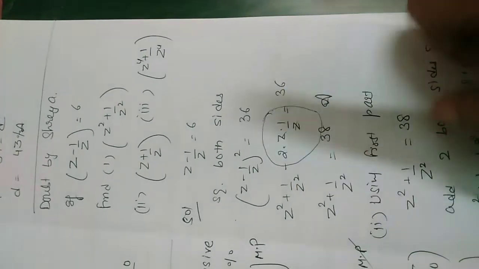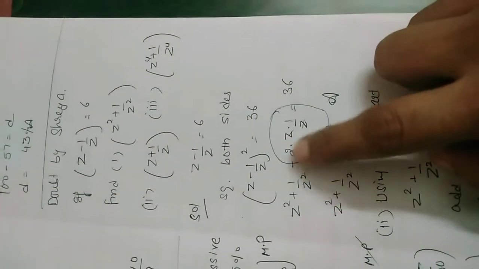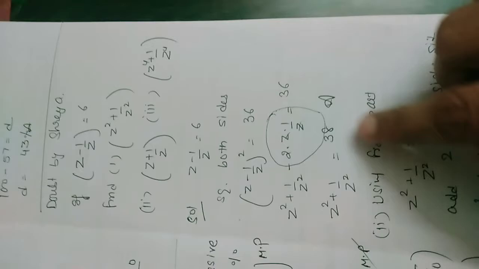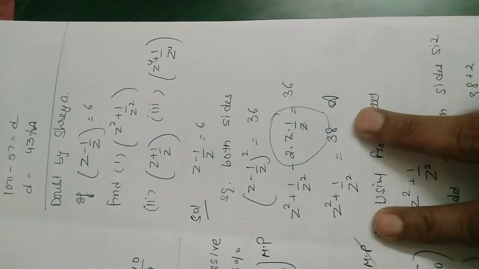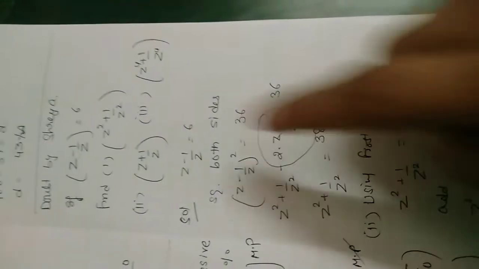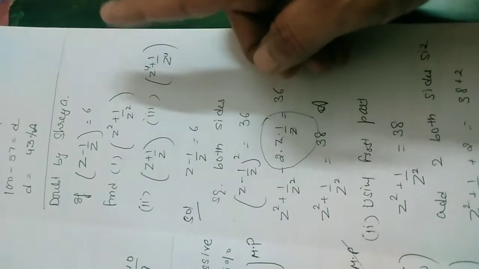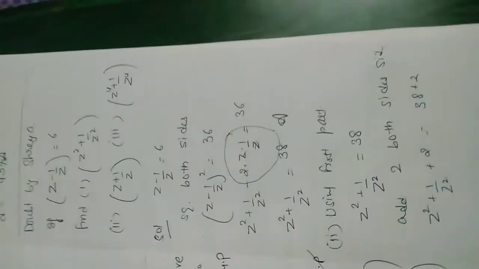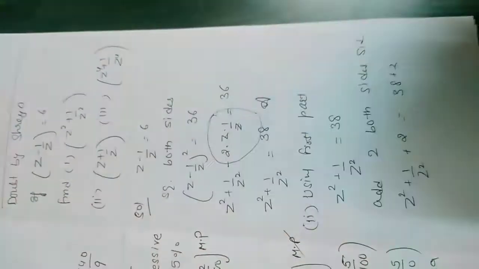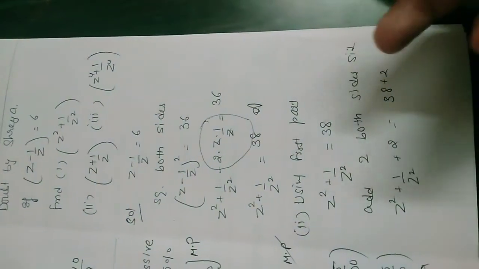Just relate this situation in the coming step. Okay, so now minus 2, when you move this, it will be plus 38. This is your first answer. Second, we have to find z square plus 1 upon z square. z plus 1 upon z, how can we find z plus 1 upon z?